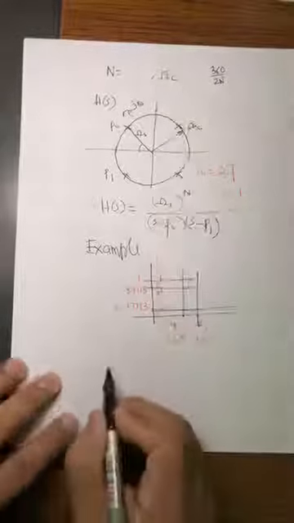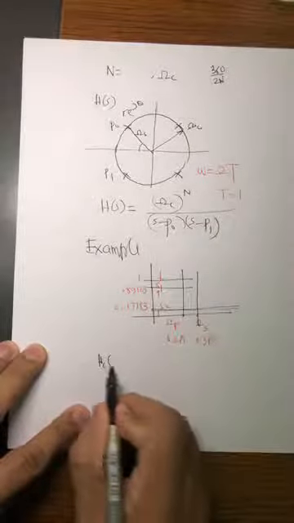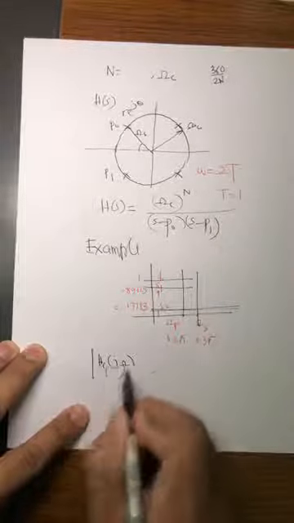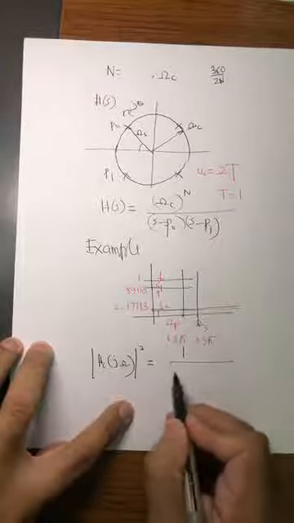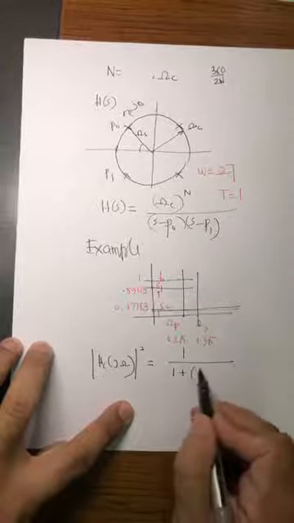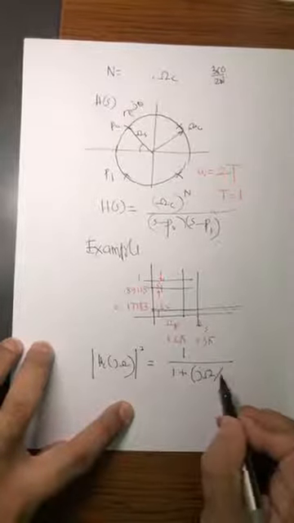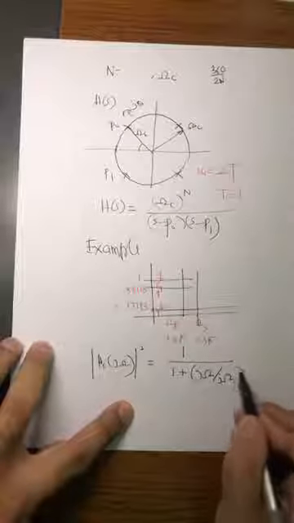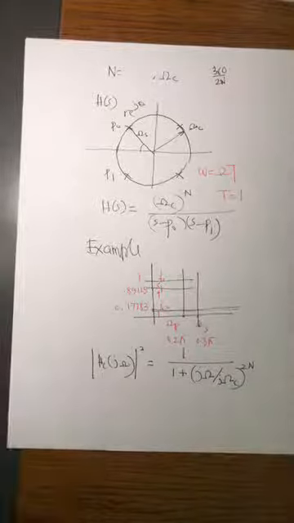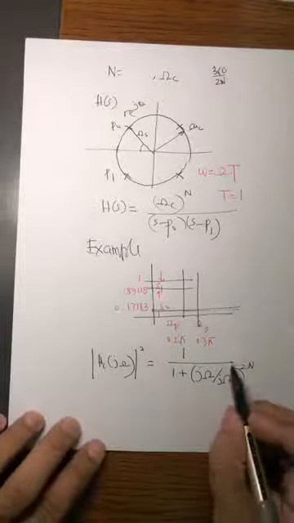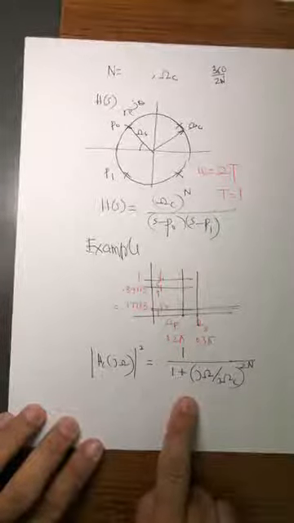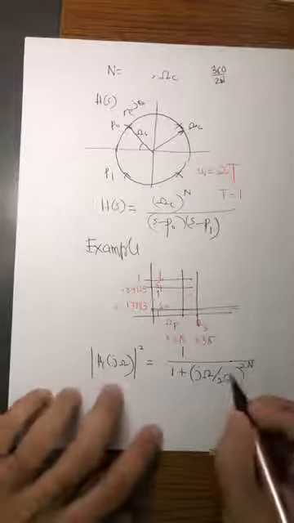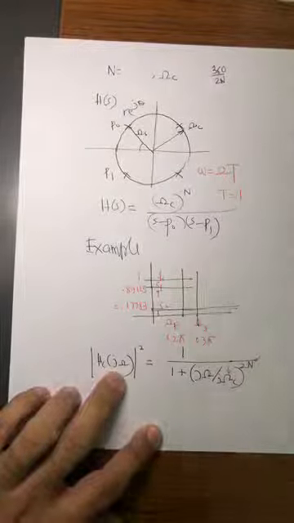The only thing I know is that the Butterworth filter is |H(j omega)| squared, and it's very simple to understand, is equal to 1 over 1 plus (j omega over j omega c) raised to the power 2n. So this is our mathematical function. How many unknowns are there? There are 2 unknowns. One is omega c, the other one is n.